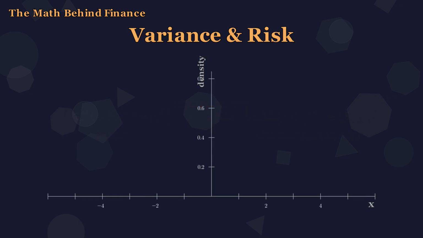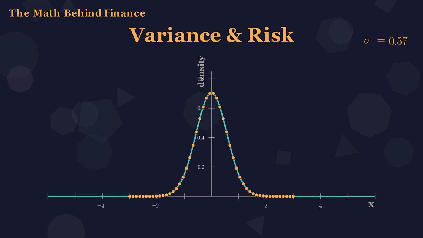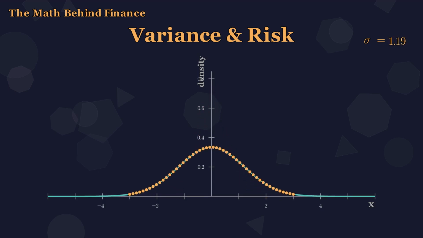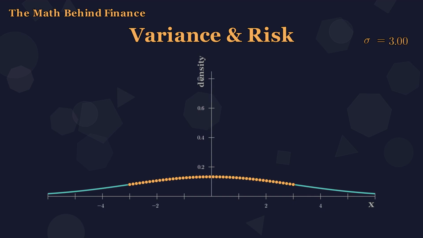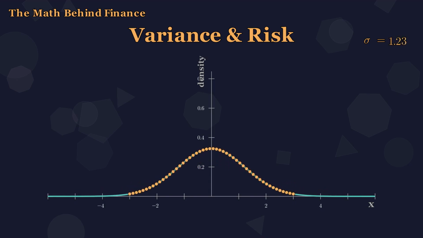Watch what variance actually means, not as a formula, but as a shape. A standard Gaussian, mean 0, sigma 1. 50 samples dotted along the curve, the reference world of probability. Squeeze sigma down to 0.5. The curve pulls inward. Samples crowd the center. Outcomes become tightly predictable. Now push sigma to 3. The curve flattens dramatically. Mass spreads outward. What used to be a 3 sigma tail event, a rare shock, now happens routinely.